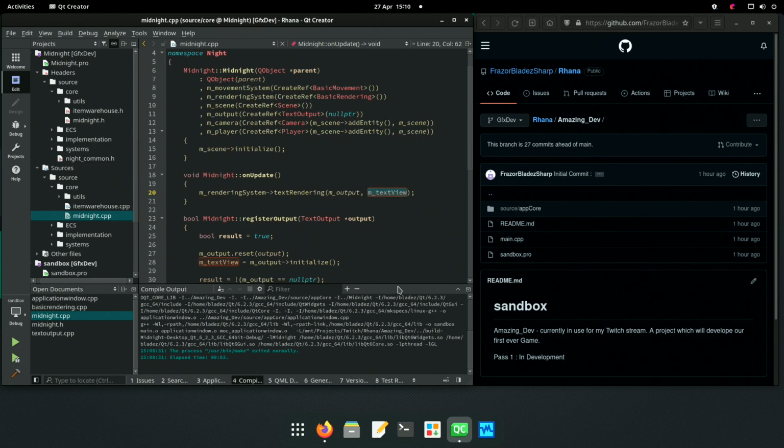But now what we want to do is take a scene, initialize it, and we're going to do this in our own core engine alongside the Midnight Engine so we can see exactly what the differences are.